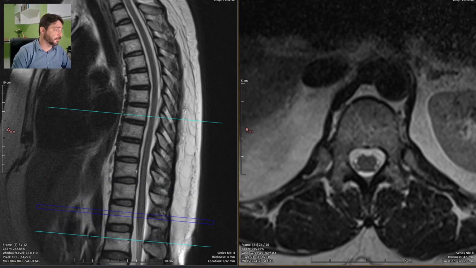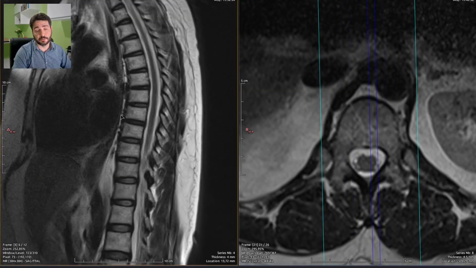Let's go for the report. Small anterior osteophytes. Mild chronic degenerative dehydration of the vertebral discs, because they are reduced in height and in T2 brightness, T2 signal intensity. This is very dark and should be almost as bright as this one. So